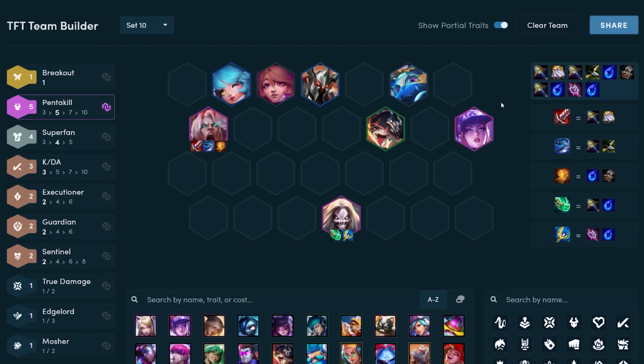Superfans is such a cheap and efficient frontline, and it also gives you a free full item on your carry. A lot of the time, you're just going to end up with 3 carries by stage 5 with 3 items each. It's actually really, really strong, and it's really hard to outcap this board at level 8 unless you're able to go 9. So itemization-wise, you generally want to stack your Viego with all your bruiser items because